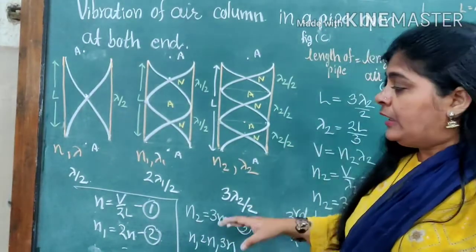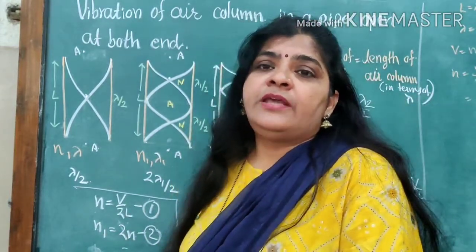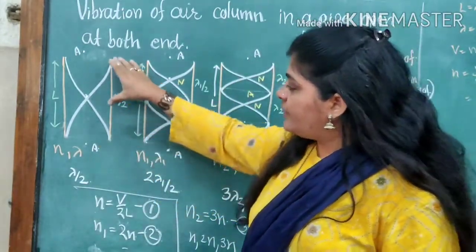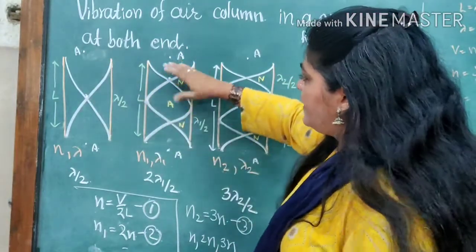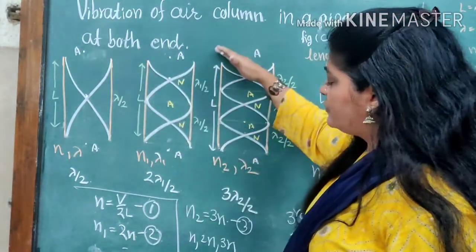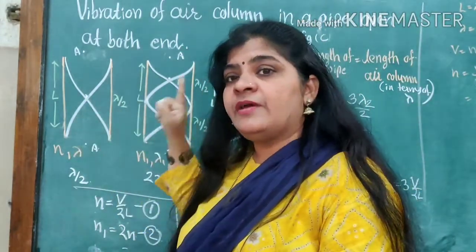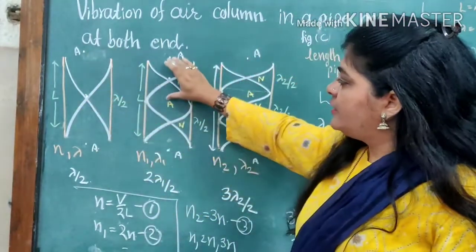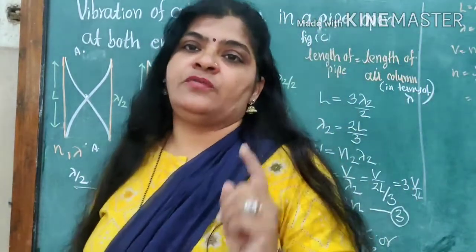Have you understood? This type of question is always asked for 3 or 4 marks, and the important part is the diagram. 1 mark is for the diagram. If the length of the pipe is changed, say you draw the diagram with reduced length in one case and higher length in another, then that diagram gives you 0 marks. The same pipe is used, so the length must be the same. Next, the distance between these parts must be constant, equally distributed, and only then will you get the complete 1 mark for the diagram.